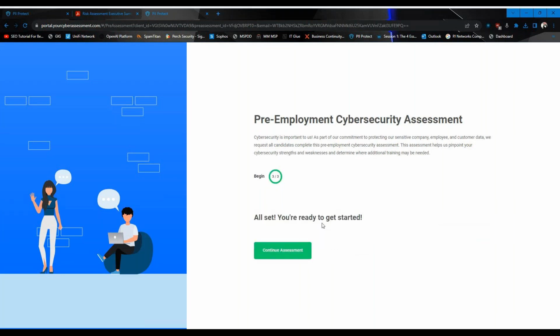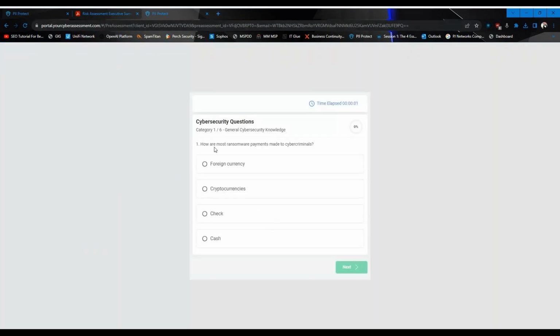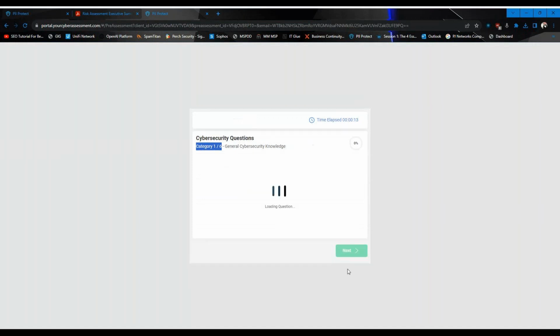All right, so basically each employee would get a link to this that they can open in a web browser, and then it's going to ask them a series of 20 questions broken into 6 categories to see how much knowledge the employee has. For example, I happen to know that ransomware payments are normally asked for in cryptocurrencies. Next,